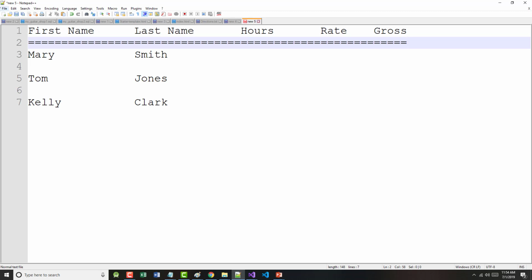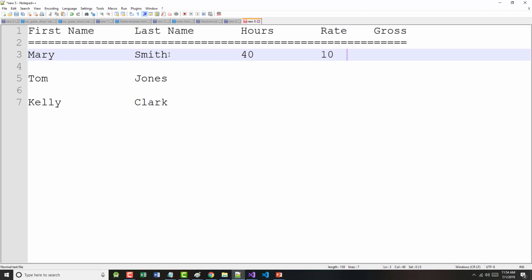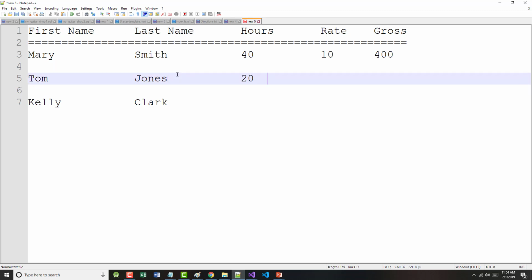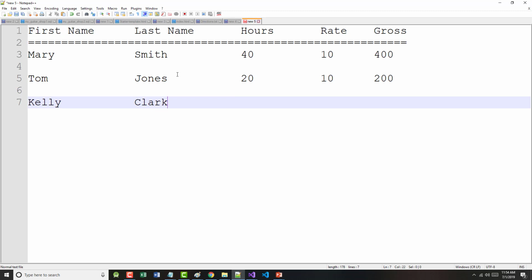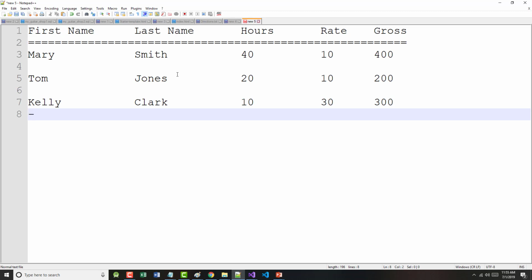And we'll say the first one, Mary Smith, will work 40 hours at $10 an hour, so her gross should be $400. Then we'll have Tom Jones. He'll work 20 hours at $10 an hour, and he'll make $200. Then we'll have Kelly Clark, who will work 10 hours and will make $30 an hour and should make $300. All right, so